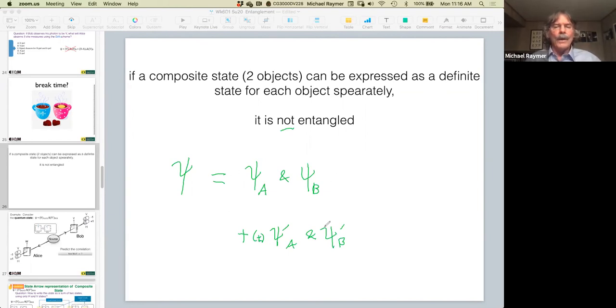And typically when you write it this way, if it can, it's entangled, but you need to check to make sure that you can't simply write that in some more tricky way, like some third kind of state for the A object and some third kind of state for the B object. So this is a hard mathematical problem, but if you see something like this, you need to make sure you cannot do a trick and rewrite it as a product of two states. Okay. So this is a bit more advanced concept here, but that's what you need to understand for entangled states.